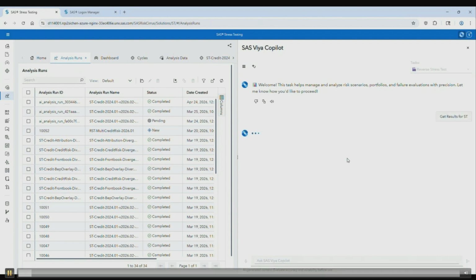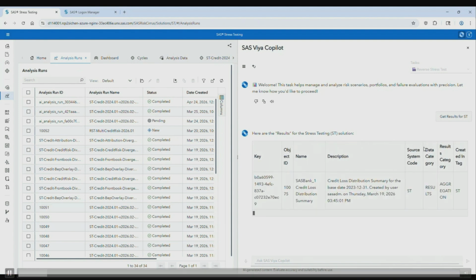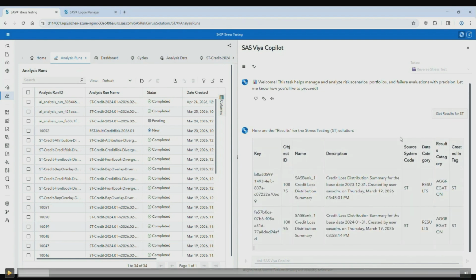At first, I'm going to ask for the results that are available in the stress testing exercise. When I submit the prompt, it's going to provide the results that are available in the solution. So this is an example where we are prompting the solution, and it came back with the results. Within the solution, we have different data sets, and it came back with the results needed for performing the reverse stress testing.